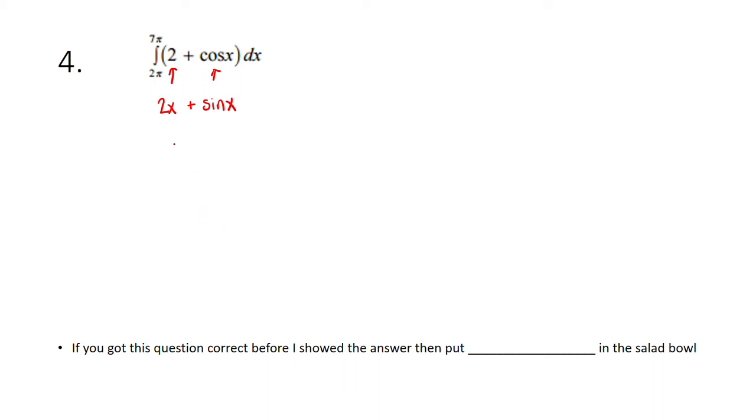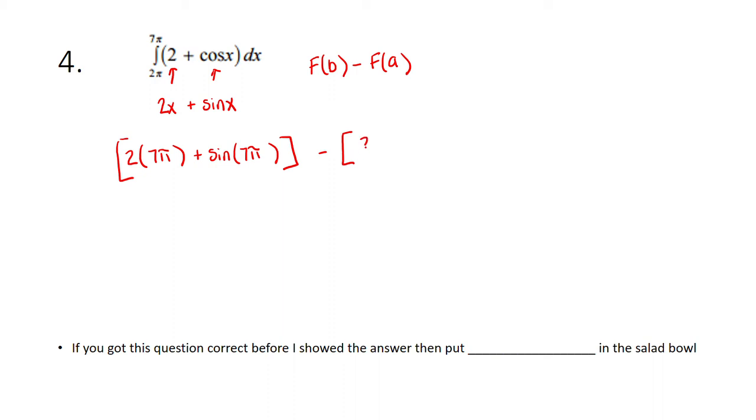Okay, now let's plug in, because we're doing the fundamental theorem of calculus, our b, which is our top. So we're going to do 2 times 7 pi plus sine 7 pi. Got to get this answer first, and then subtract 2 times 2 pi plus sine of 2 pi. Okay, 2 times 7 pi, that's 14 pi. Sine of 7 pi